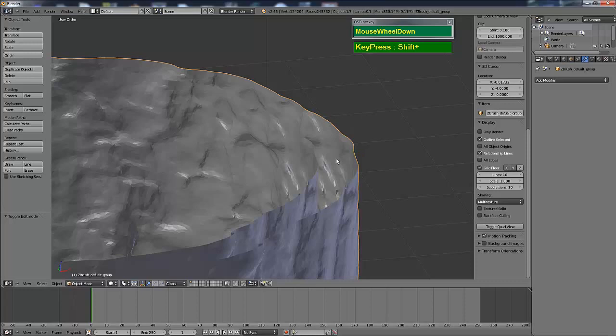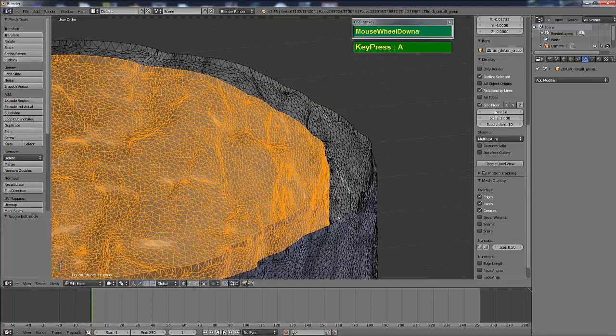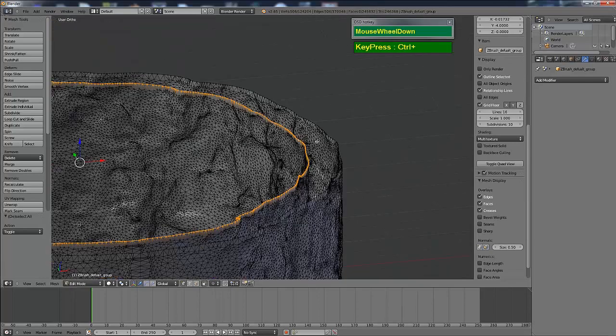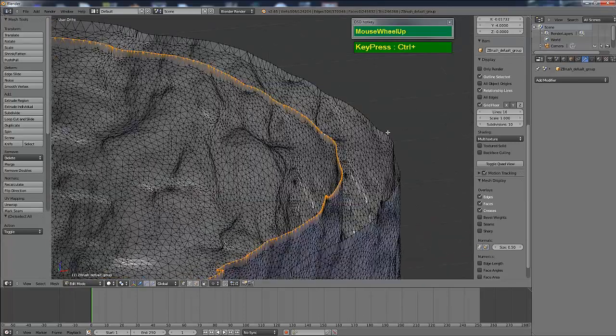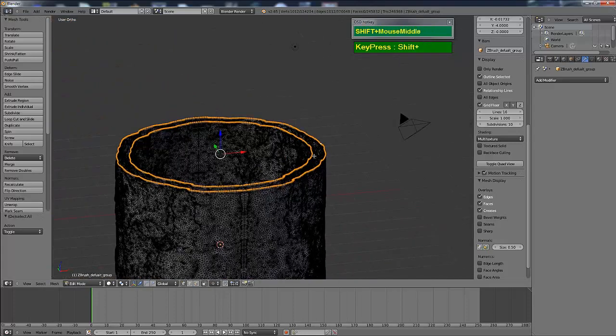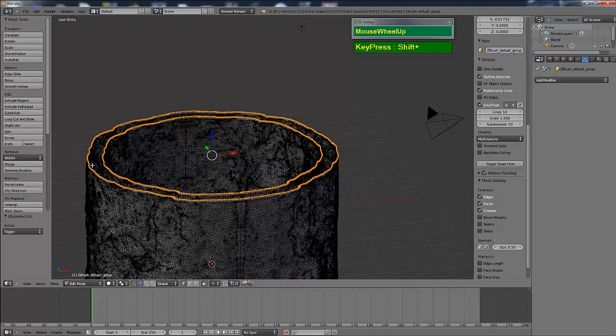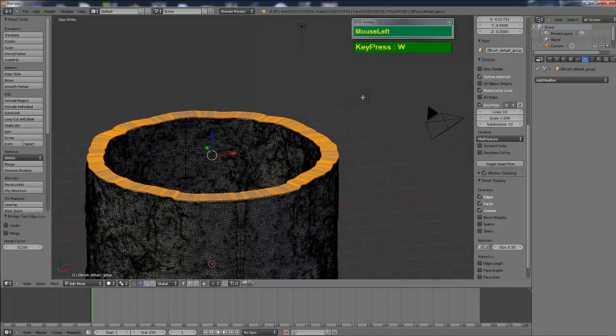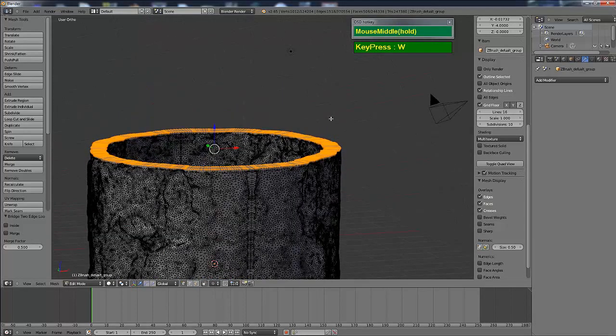I'm going to go to edit mode, press A to deselect, then press Alt and right mouse click to select the open edge loop. Hold down Shift and Alt and select the top edge loop as well. Because these two contain the same edge loops, you can bridge them together. Press the special keys and choose Bridge Edge Loops, and now they are bridged together nicely.